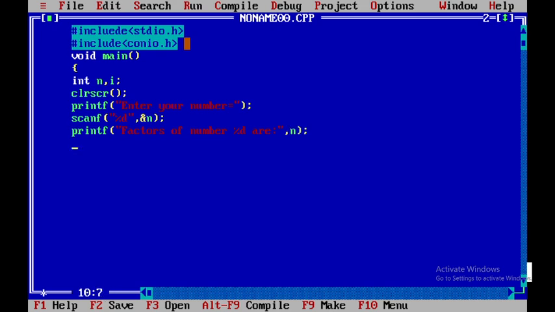This message will be displayed. Then by using a for loop, for i equal to 1,